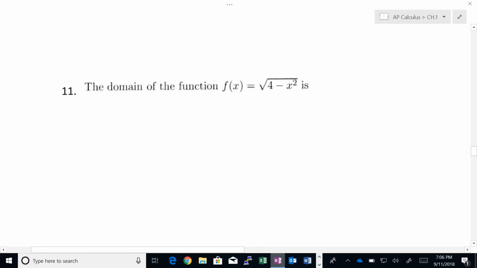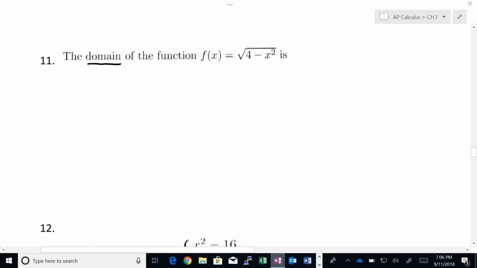All right, the purpose of this problem here is to understand the domain. Whenever you have a domain, you're worried about two things: division by 0 and square roots of negatives. So in this case, I worry about 4 minus x squared. That has to be greater than or equal to 0. Okay, so if you clean this up,